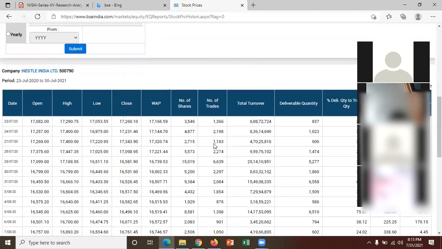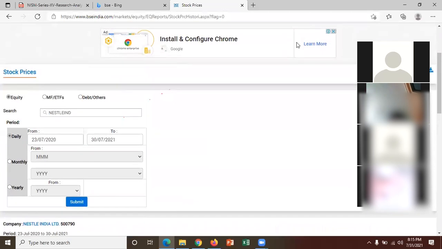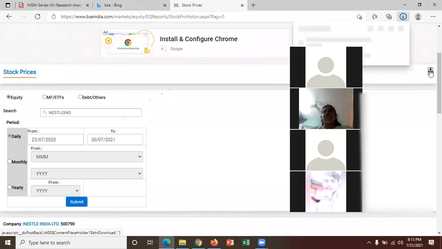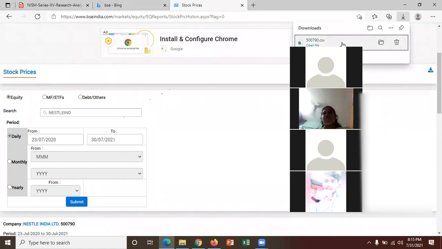So this way you will get it. You can also download the Excel sheet from here. So on the rightmost corner, you will get the option of this downloading, as you can see here. So just click on it and your Excel would be downloaded. Okay. So the moment you open it,